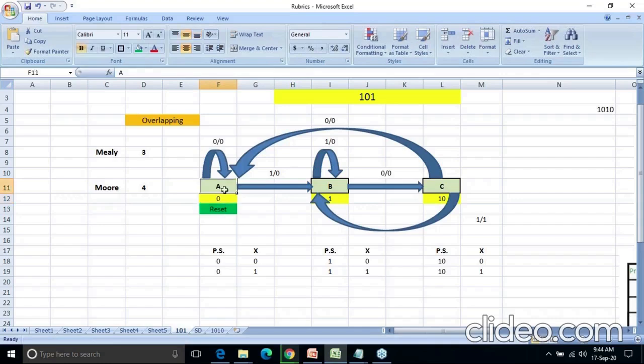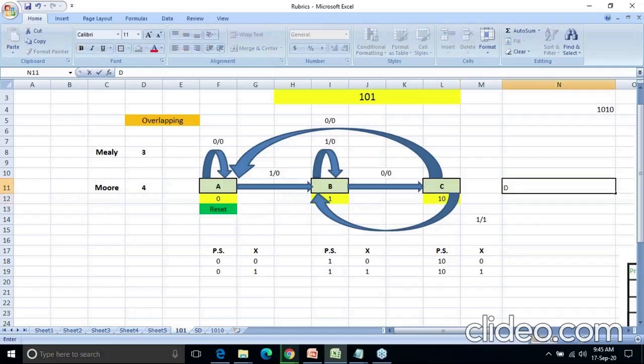When you are in this state, it will be detecting 0. Same way, if the circuit is in state B, what is the meaning of that? 1 is already detected. It is detecting 1. So whenever you are in state B, 1 has been detected of this sequence. If you are in state C, what is meant by that? The circuit has detected 1, 0, consecutive 1 and 0. Continuous bits are coming over there, and it has detected 1, 0. Is it clear? What is the meaning of this yellow line I have mentioned?